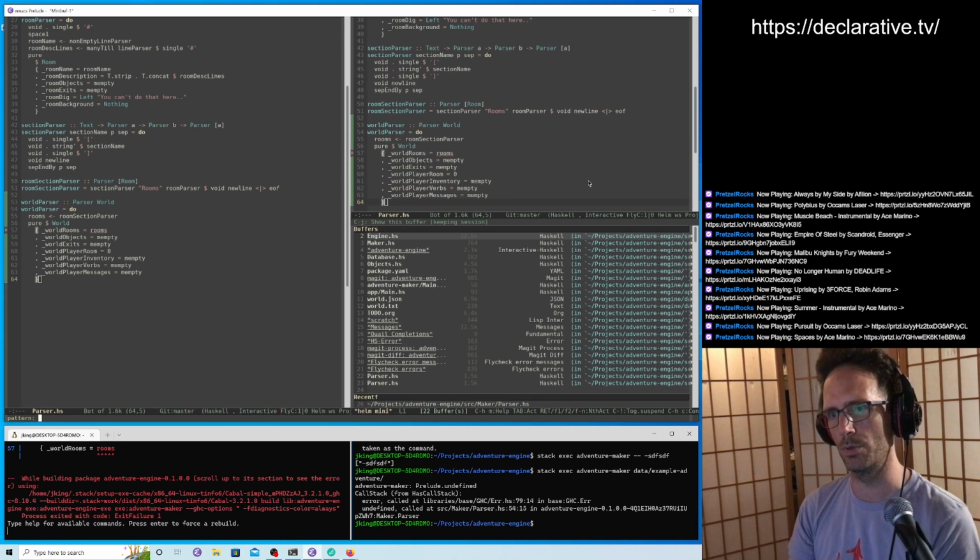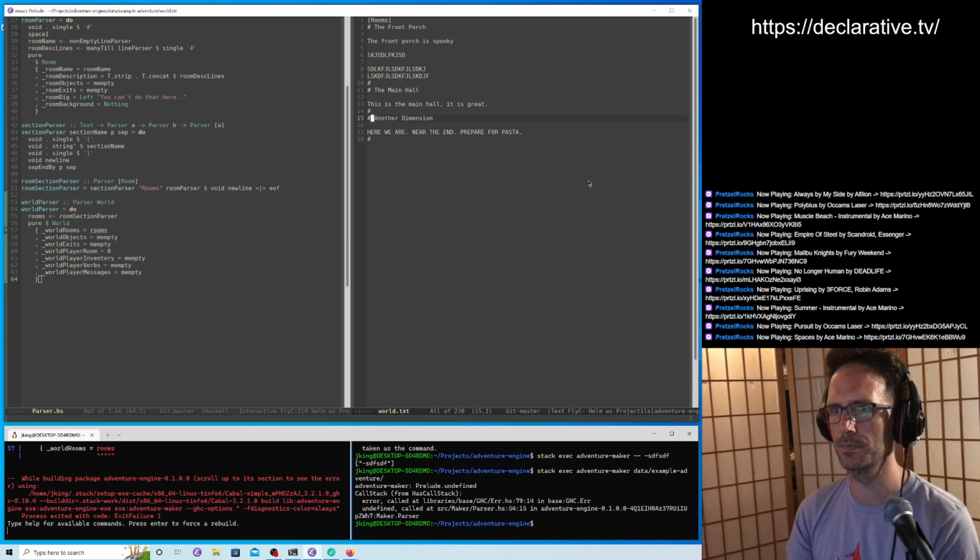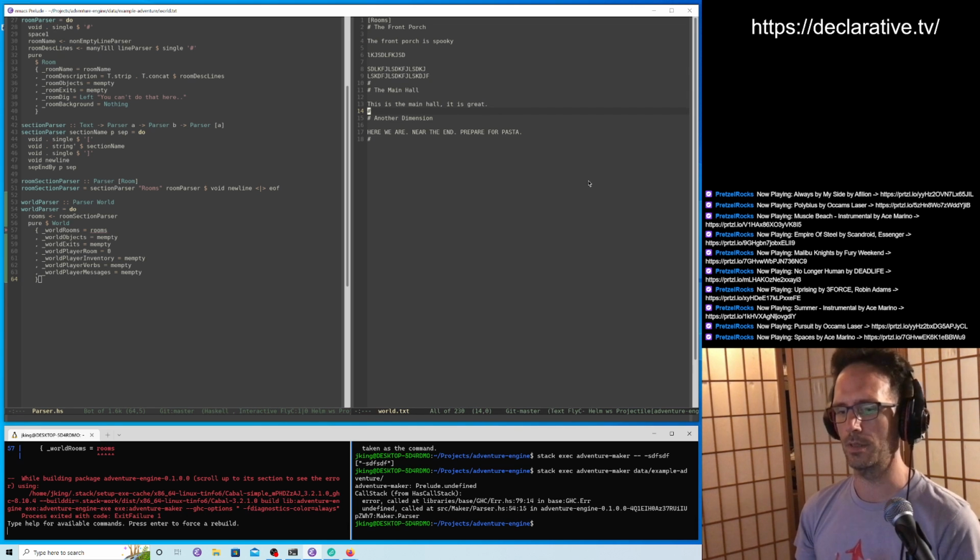The room has to reference exits, for example, which are a related kind of concept, right? So connecting the front porch to the main hall happens by exits. And in order to refer to those things in the source text, we need some unique identifier,